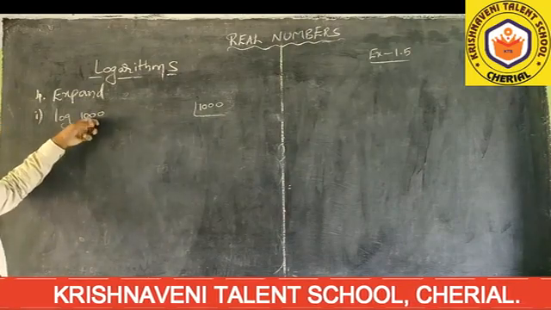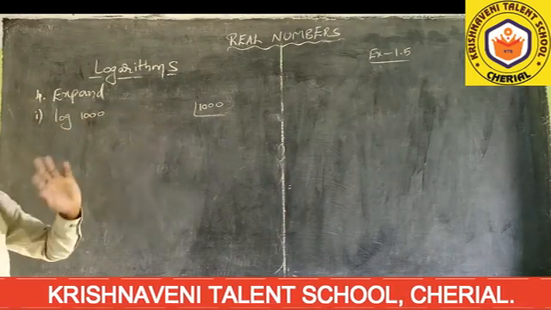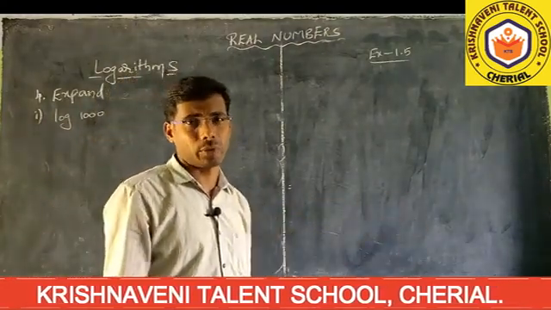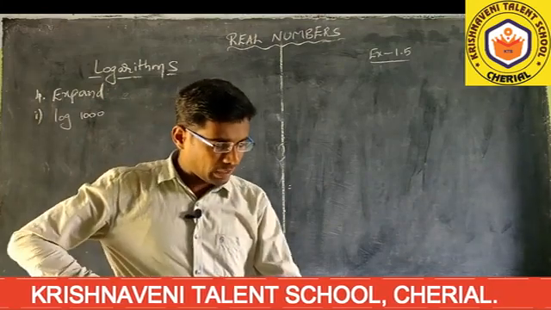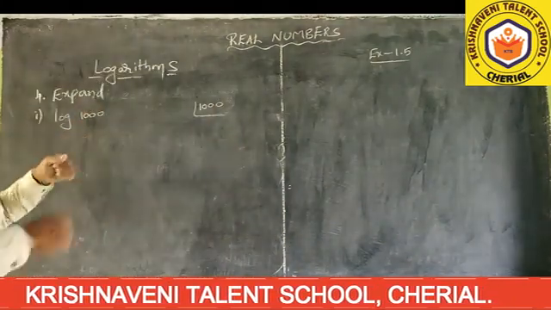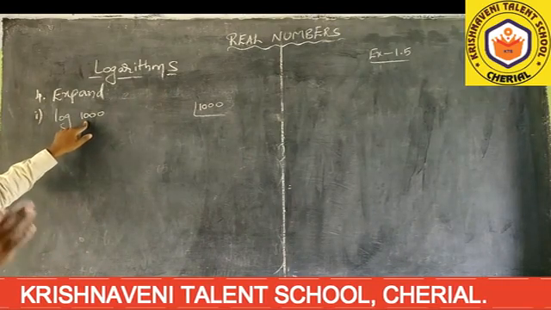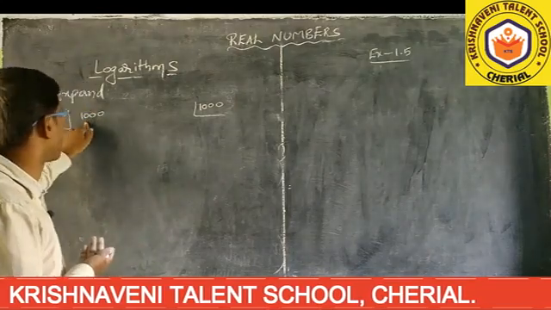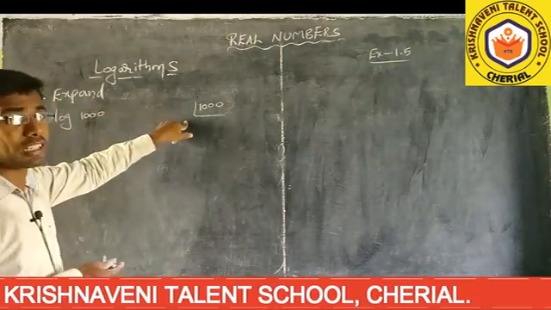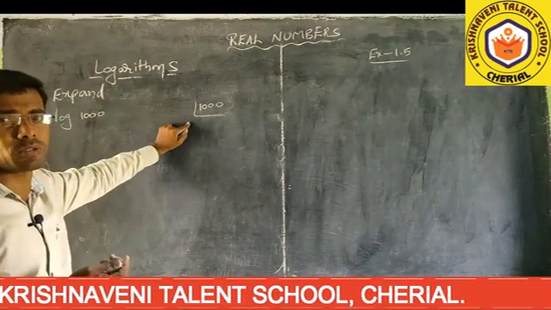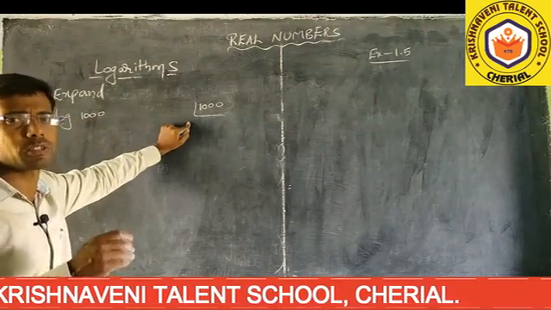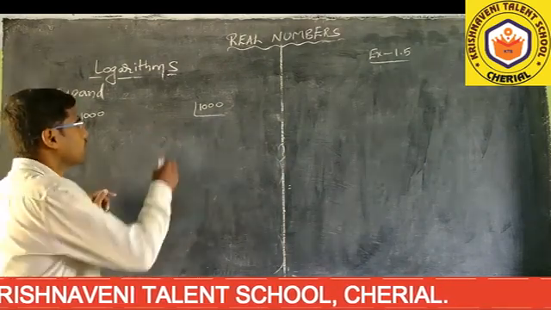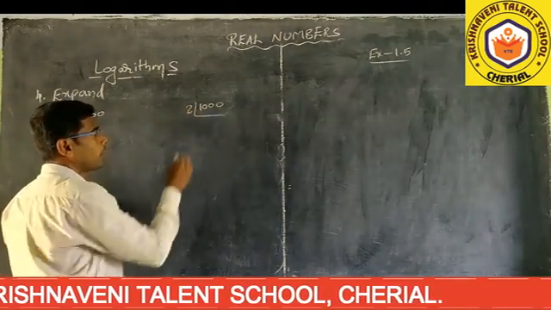Remember, once again I am saying that the value of log 1000 is not being asked; he is asking to expand. Expanding is different from finding its value. In the first problem we calculated the value of log 1000, but here he is asking to expand. Don't confuse that. Expand means he will give 1 logarithm and you have to split it into 2 or 3; however many logs exist there. So this 1000 you express first as the product of prime numbers. So how much now?